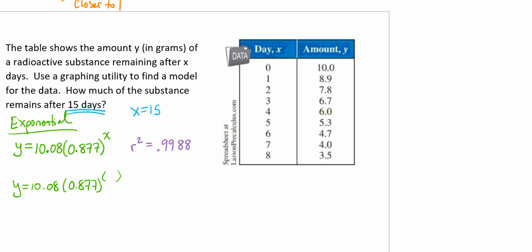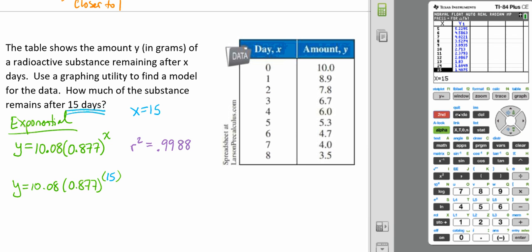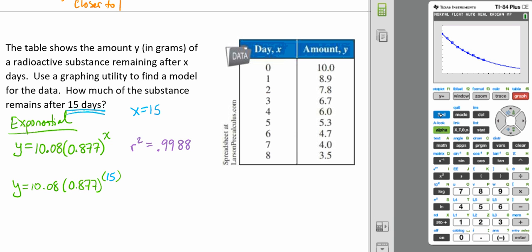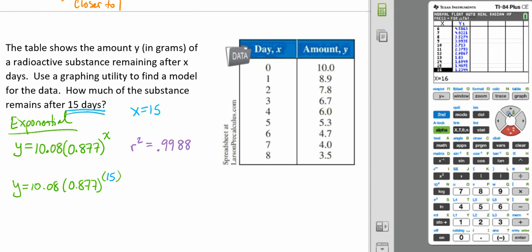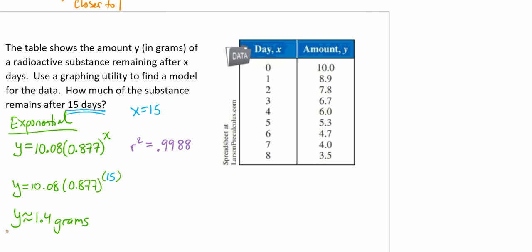So because it wants x equals 15, we can plug that 15 in, and we can either plug the whole thing into the calculator, or we can open up the table feature of our calculator, and we can scroll down to the number 15, and here we see we have an answer of 1.4075. So that means approximately 1.4 grams is going to be,